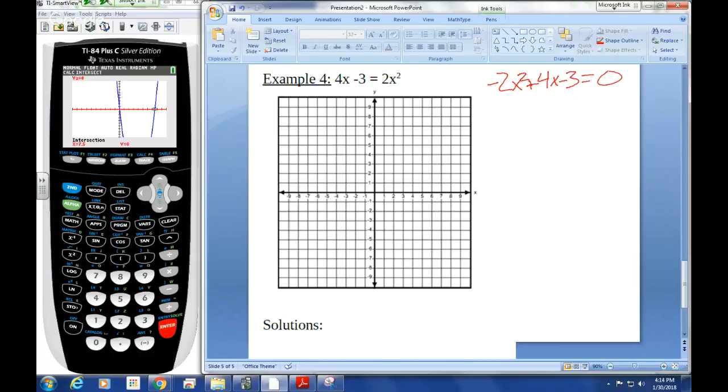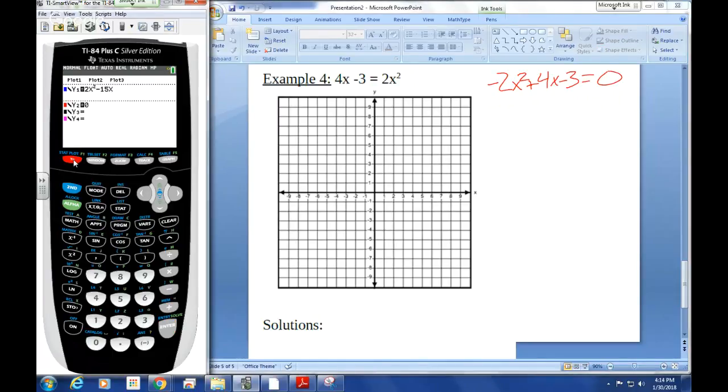And then just going right back to this calculator, we get y equals, clear out what we had before, y equals negative 2x squared plus 4x and we subtract 3, to make it minus 3, and that is all we're going to put here in y1, and then in y2 it's still just 0. Go to graph it,